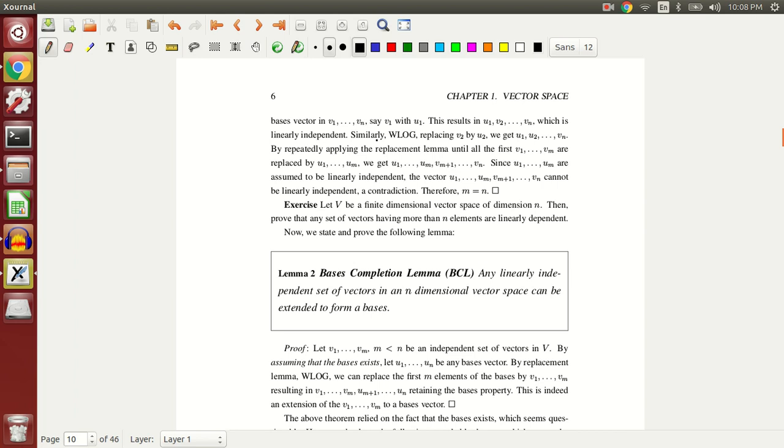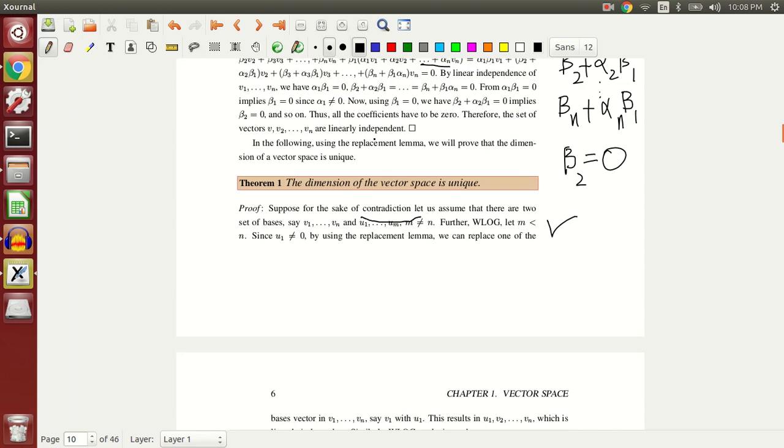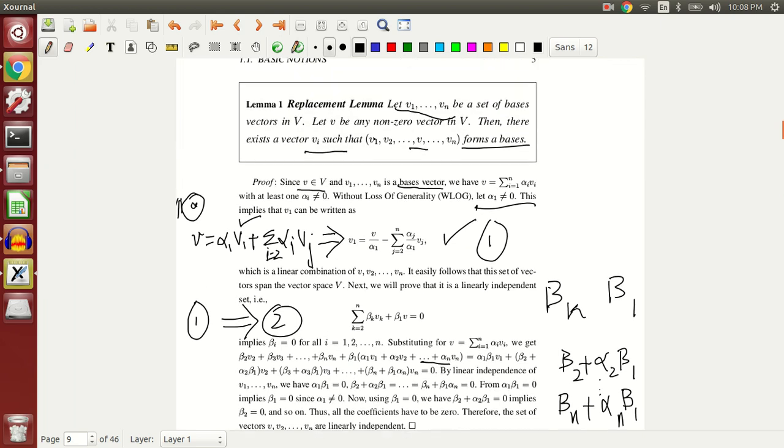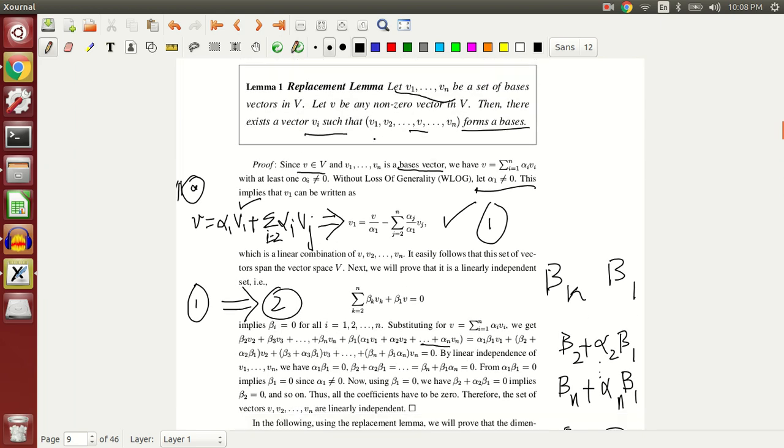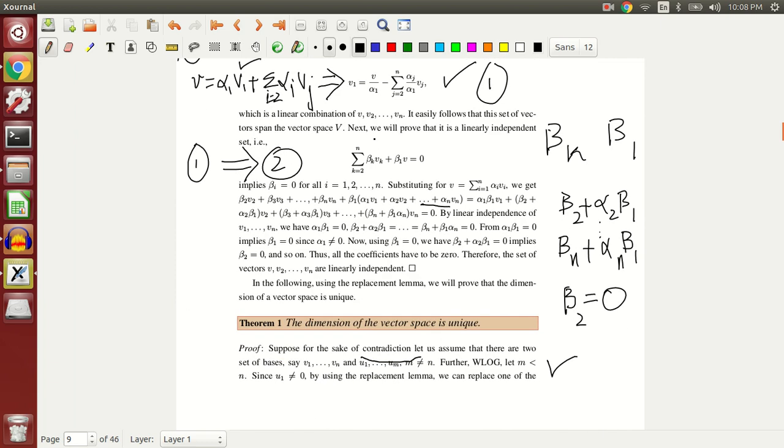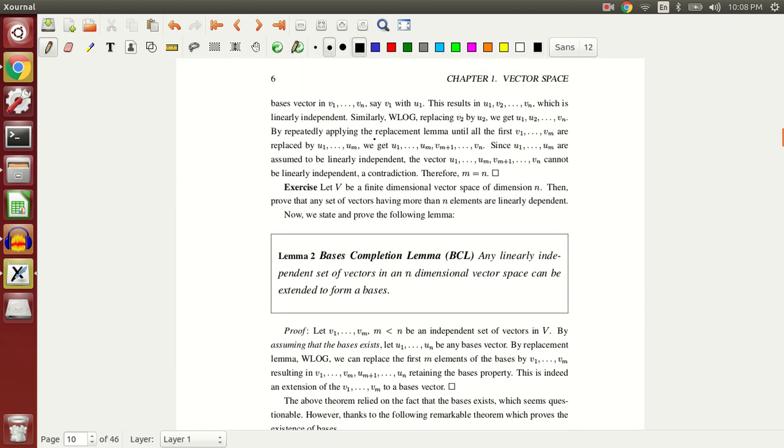You just replaced one with the help of the previous lemma, where you've seen that if you replace one vector in a set which already forms the basis and is linearly independent, the resultant set is also linearly independent. So you took one vector out and you replaced it with one. So u1, v2, and so on. This is because of the replacement lemma,